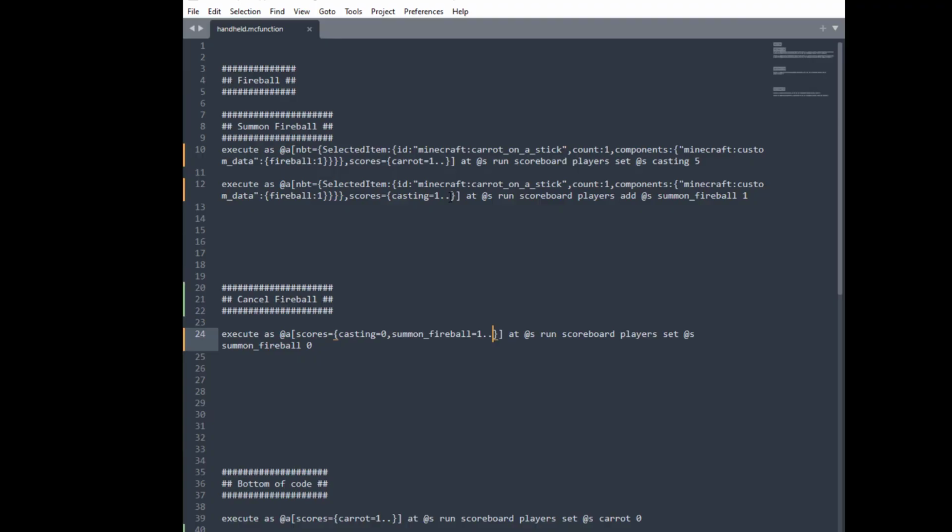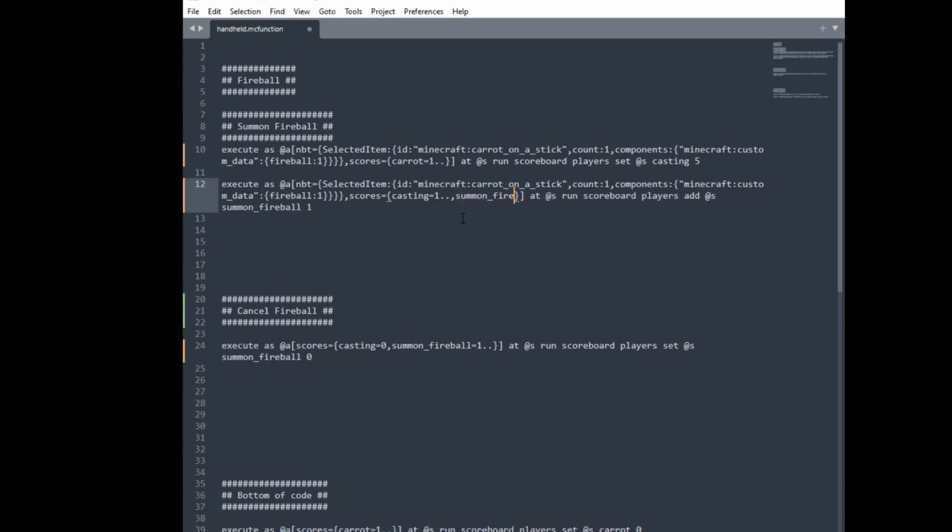Now we know that we have 62 different images. So I actually want to have summon_fireball stop when it reaches 62, because that means the spell will be fully charged. So what I want to do is I want to add another condition here. Right after I say casting equals 1 or more, I'm going to put a comma, and I'm going to say summon_fireball equals